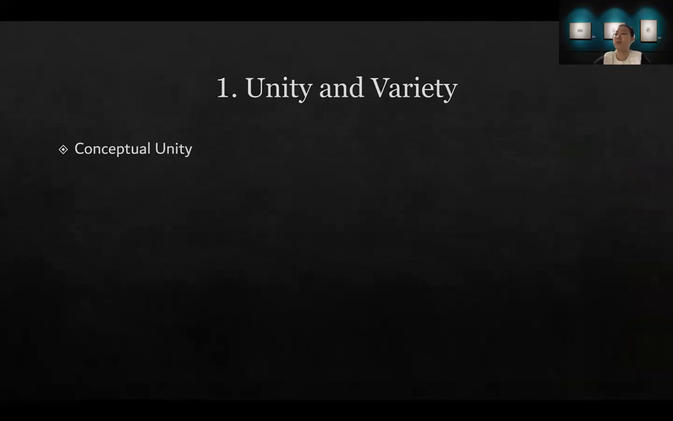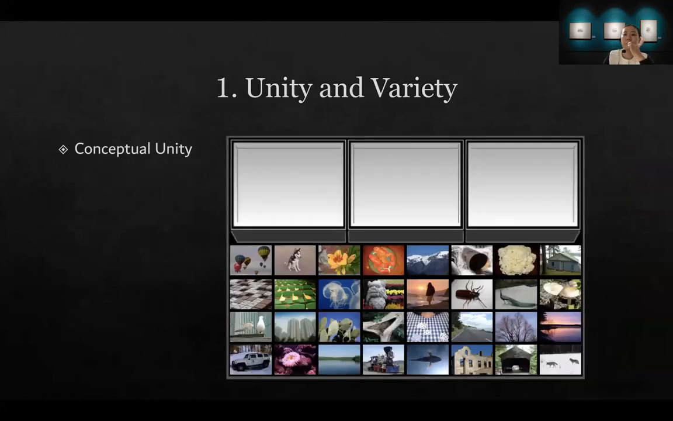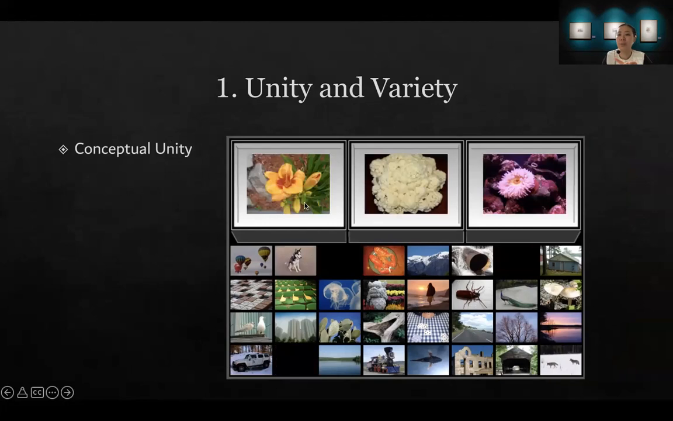Now let's see the conceptual unity. For example, there are diverse images in this box, and I set a conceptual idea as full bloom. So I picked 3 images: flower full bloom, cauliflower full bloom, and sea anemones full bloom. It seems like there is no connection between these 3 images. However, these are conceptually united